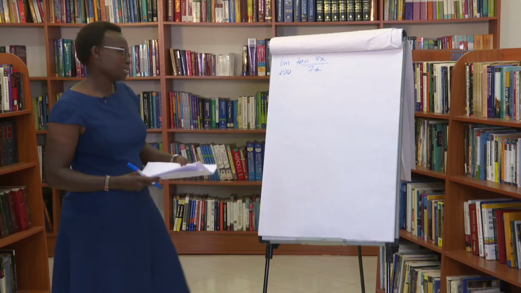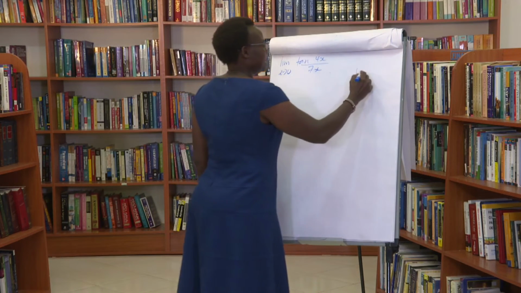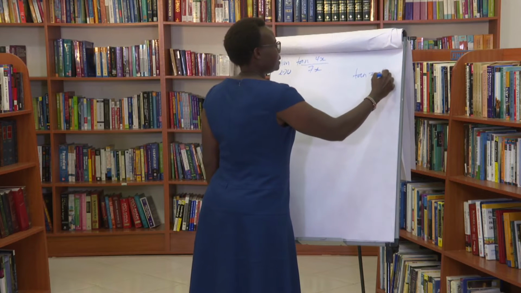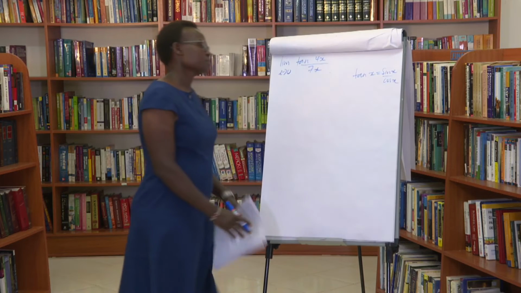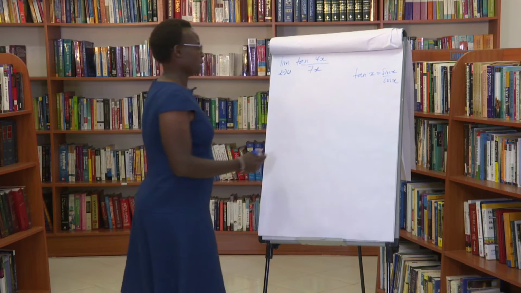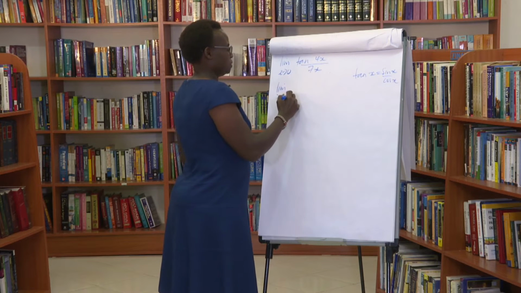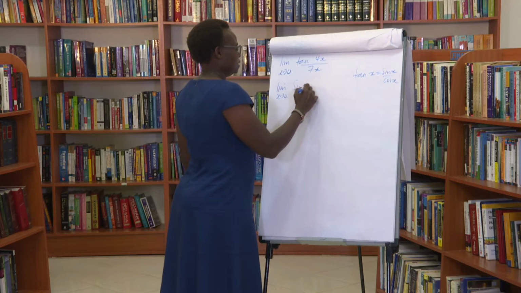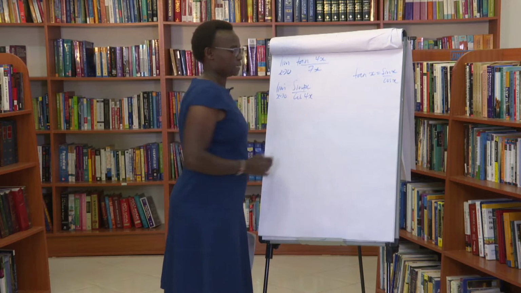But in the real sense, we know that tan x is sine x over cos x. So this implies that this is the limit as x tends towards 0 of sine 4x over cos 4x